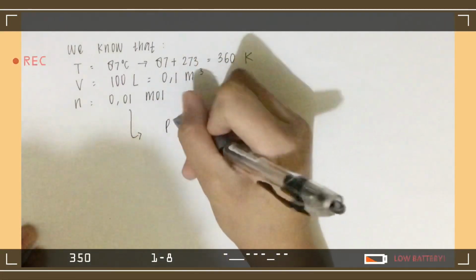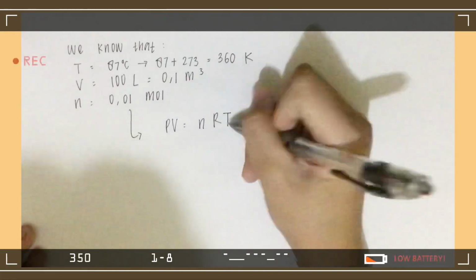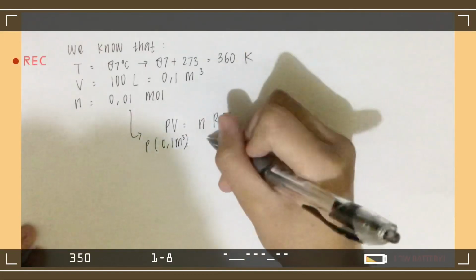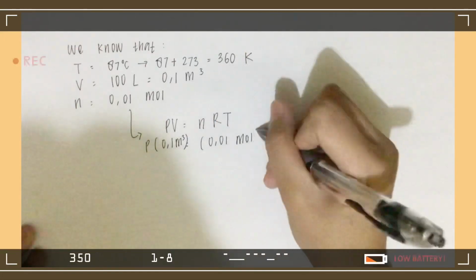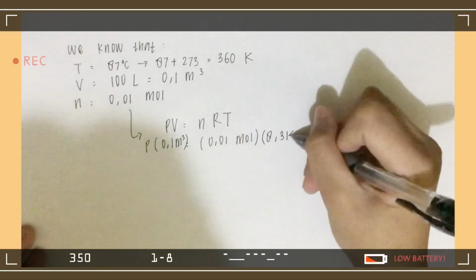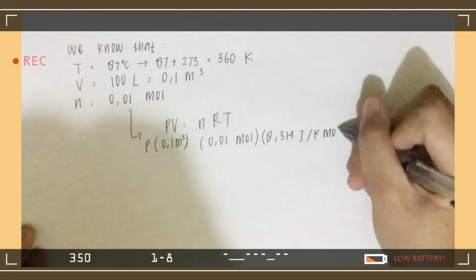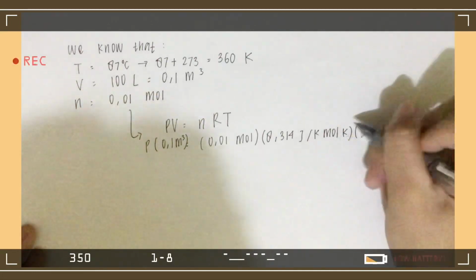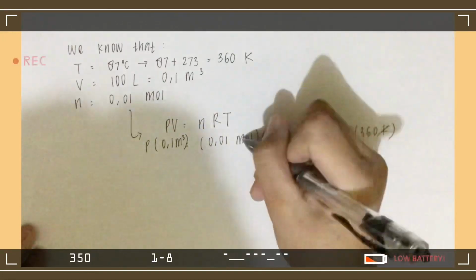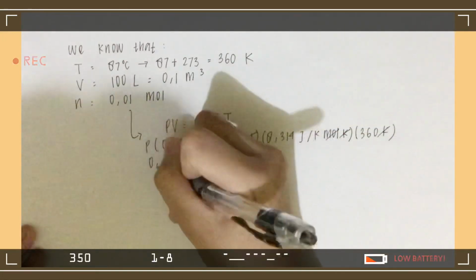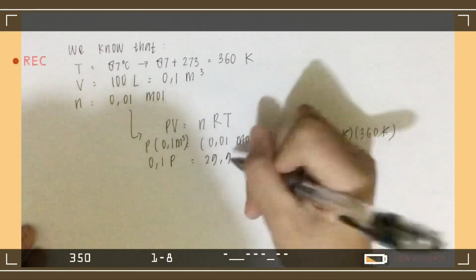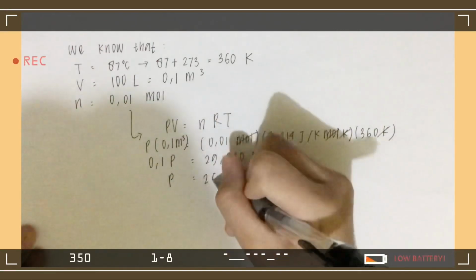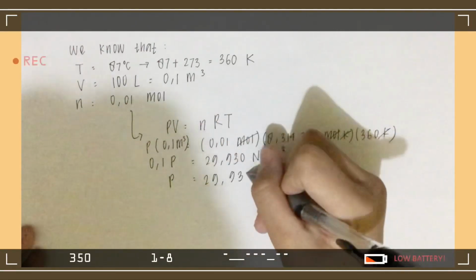Based on this case, we need to use the formula of pressure times volume is mole times the constant of ideal gas and the temperature. So we put the numbers of pressure times 0.1 cubic meters is 0.01 mole times 8.314 joule per kmol Kelvin times 360 Kelvin, and we calculate until we get the answer, and the final answer is the pressure is